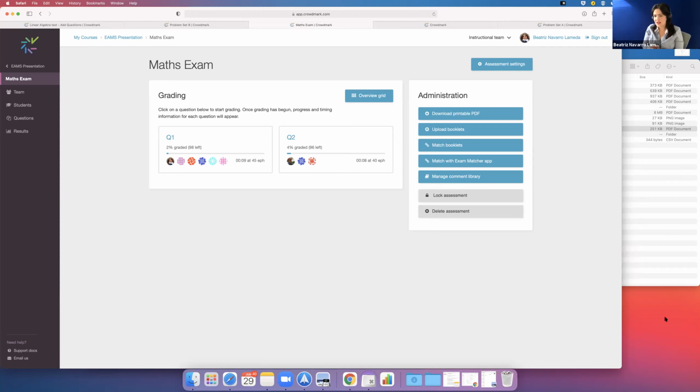There's a question: what if they want to use more pages than you're allowed? The way we did it is we added some blank pages at the end and said, if you need more space, use the pages at the end. So we had like 3 pages and we would tell the students to clearly write, see page number such and such, and then you tell the TA if that happens, go to that page.